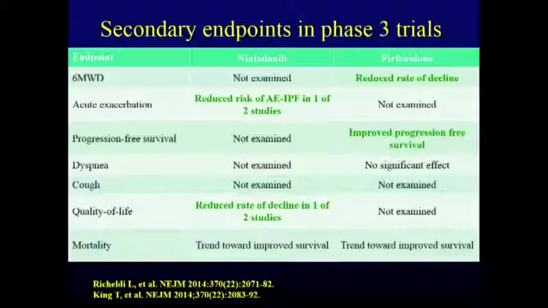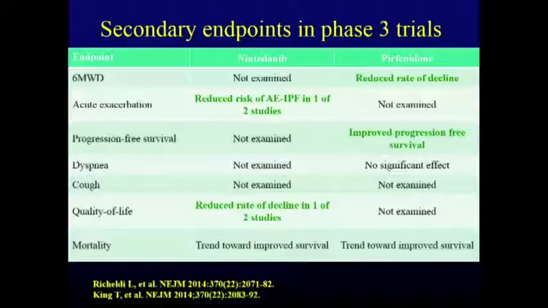The greens are hitting positive endpoints. The not greens here are either not examined or did not show trends towards improved endpoint. Progression-free survival, a little bit better for pirfenidone. Acute exacerbation risk, a little bit better for nintedanib. Neither of them showed a mortality reduction in their endpoints, but both of them got FDA approved on the same day. And so we've got now 2 drugs, both landed in the New England Journal of Medicine the same day,